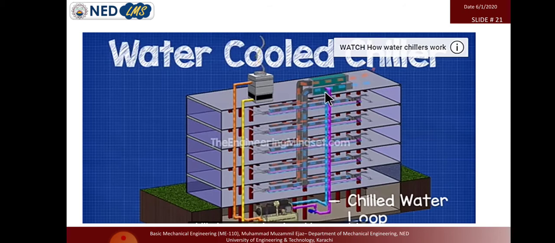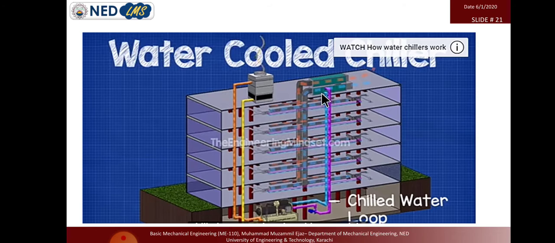The temperature of the chilled water is around 4 to 7 degrees centigrade. So the refrigeration unit cools down the water up to 4 degrees centigrade, and this moves toward the air handling unit. In the air handling unit, the air gets cooled when it contacts the 4 degree chilled water. During this process, the water gets heated,